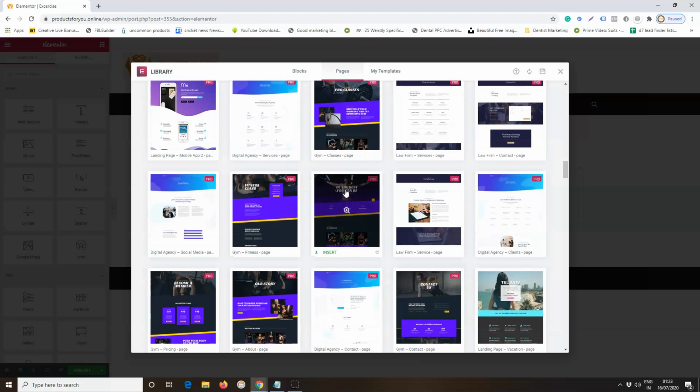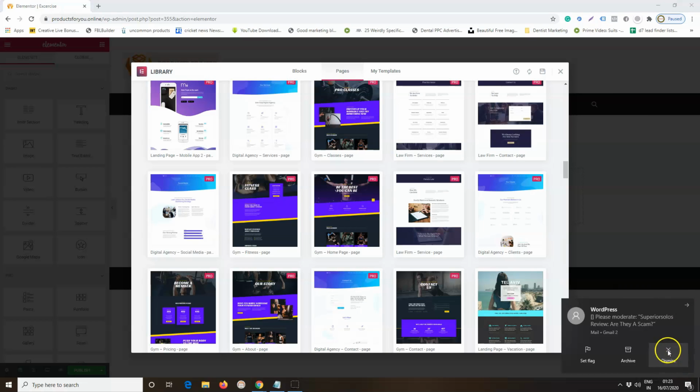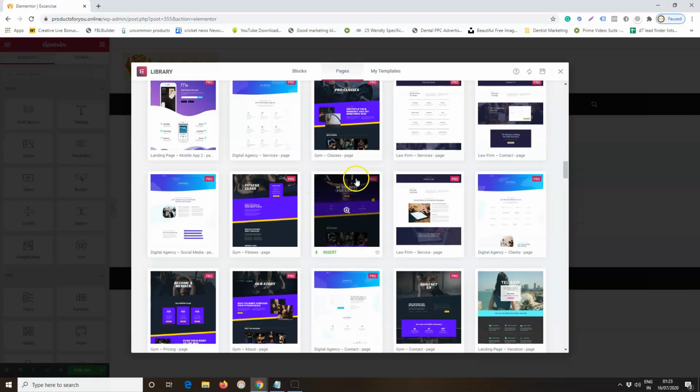Since I already have the Pro version, let's make use of this Pro template. And trust me, the same editing that you are seeing in the Pro version, you can pretty much do using the free version as well.